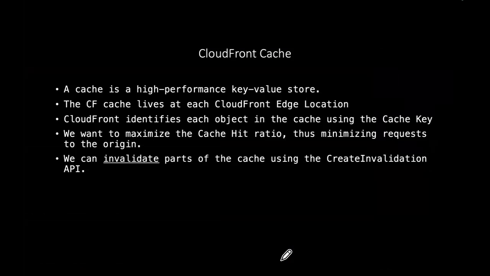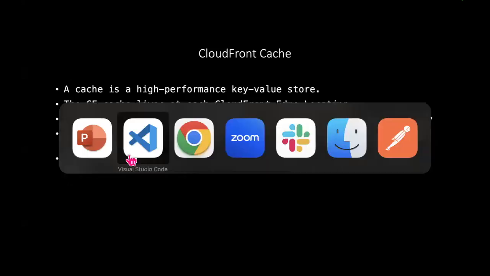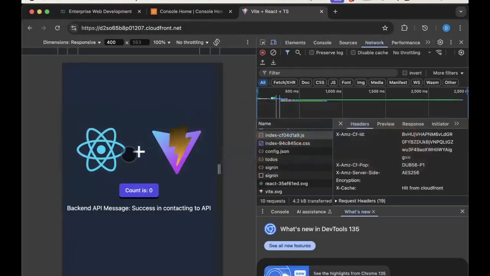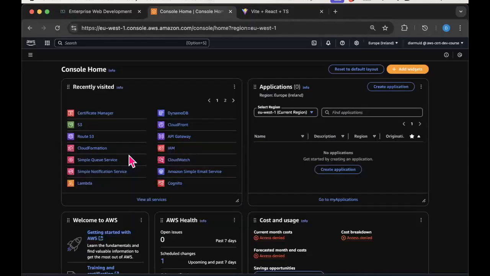Now, you've been using caching with Frank, so you understand the notion of caching. So really, I don't think I need to talk over this slide. Maybe I should just quickly show you. If I go to AWS, maybe I should really show you that. Now, if we look at the CloudFront service,